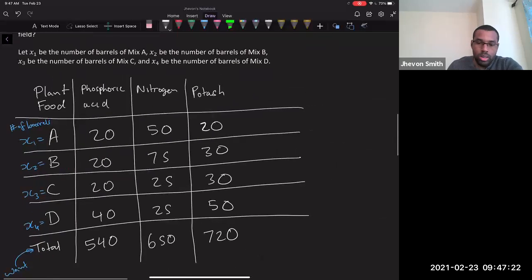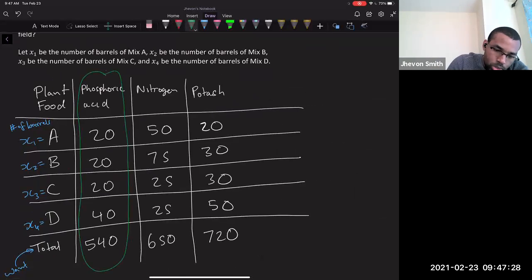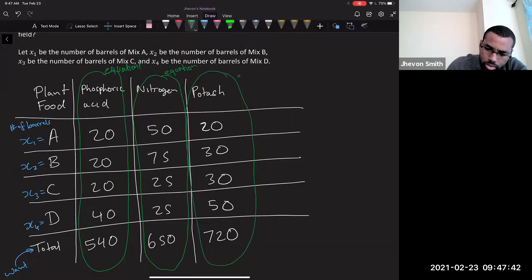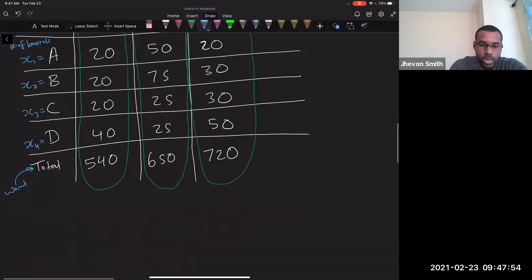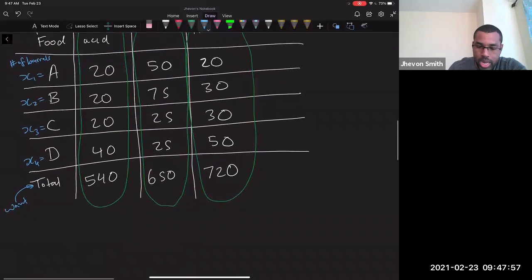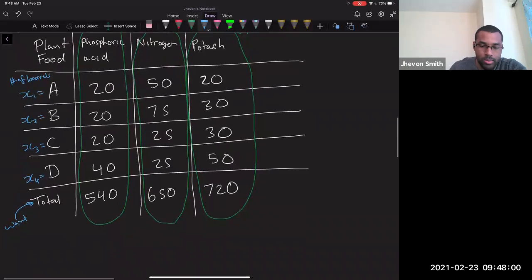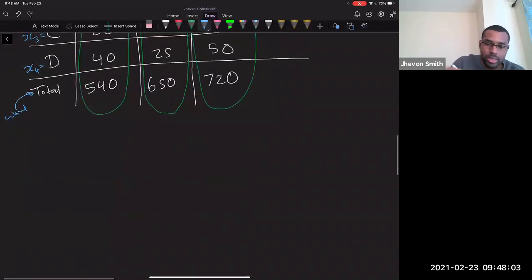So if we look vertically in this situation, I'm going to get the equations out of this. So that's going to be an equation, right? And this is going to be an equation. So I can have an equation that talks about the phosphoric acid content, the equation that talks about the nitrogen content, the equation that talks about the potash content, right? So what would that mean for us? Well, for the phosphoric acid, I know that